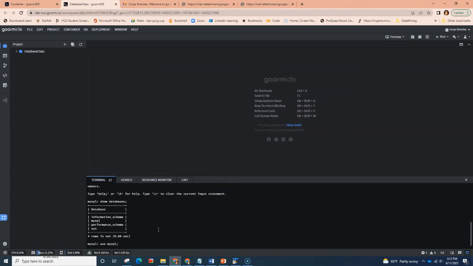We want to get in the habit of typing a semicolon at the end of each line. This is the typical end of line character or delimiter character that tells MySQL that a command was preceding it and should be executed. As you can see here, it says database changed. This is great. So now we can see if inside of this MySQL database or database schema, we actually have